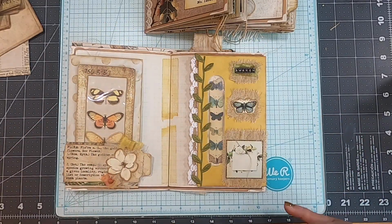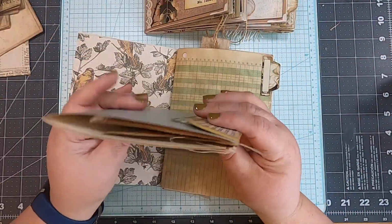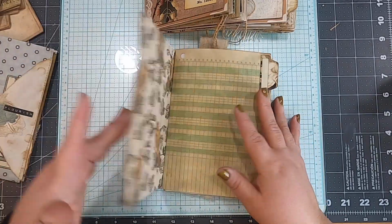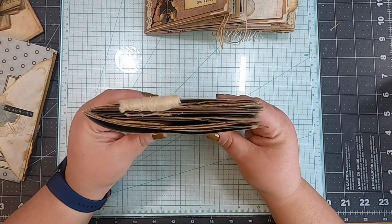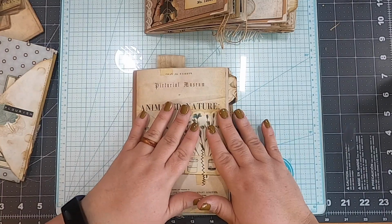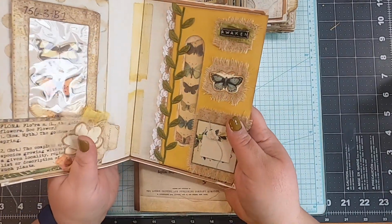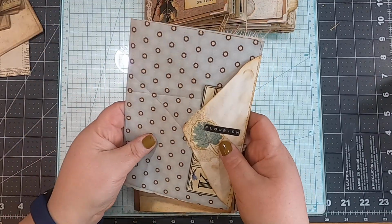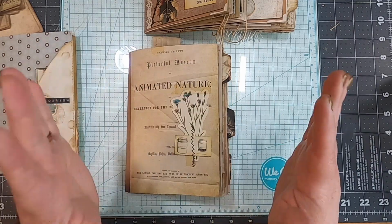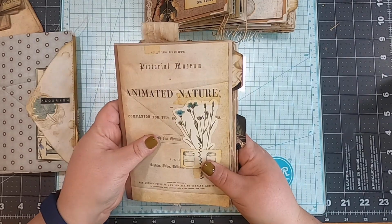Right? Can't do that. So I'm going to look at this signature and I'm going to say, oh, yep. Okay. This page with these two, this is already just chunky in itself. I bet you if I take that page out, oh yeah, look at that. Look how much skinnier that sucker is. Perfect. So now don't fret. These pages are going to a good home. We're going to create a single signature soft-sided journal. And the benefit of doing this in this particular project right now is that I'll be able to